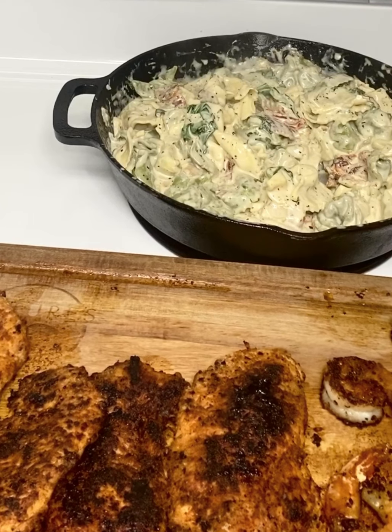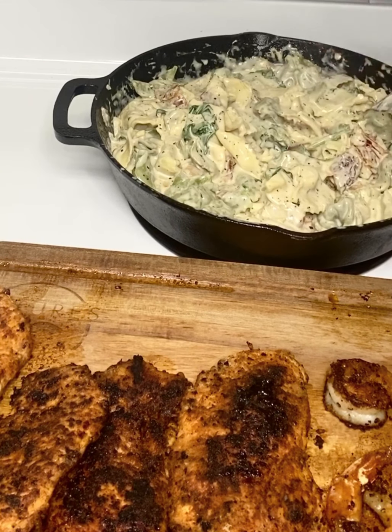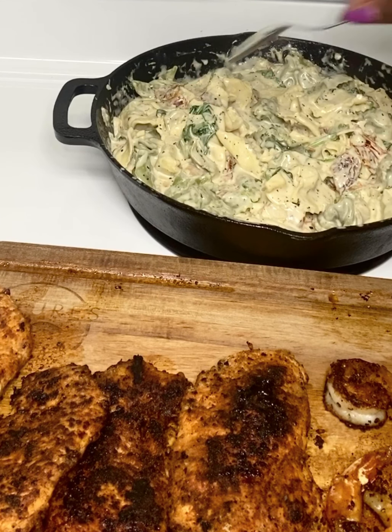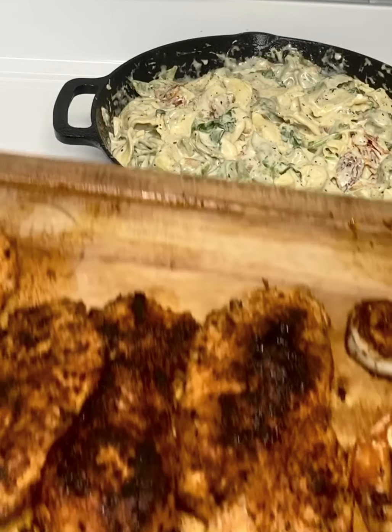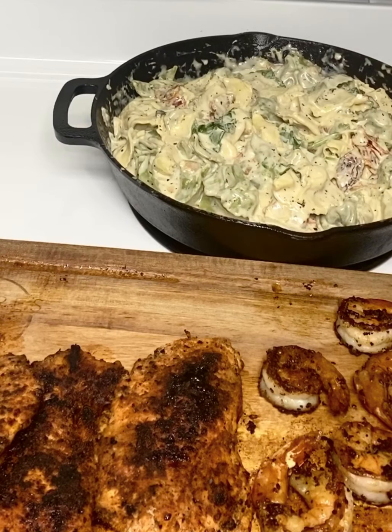All right, so our dinner is done. We have our fresh spinach and cheese tortellini stuffed pasta with a nice side of a fresh homemade Alfredo sauce, sun-dried tomatoes, and some fresh spinach inside. And then we're going to top it with our blackened chicken shrimp. All right, again, this meal will be complete in 15-20 minutes. Nice meal for the whole family, one pot